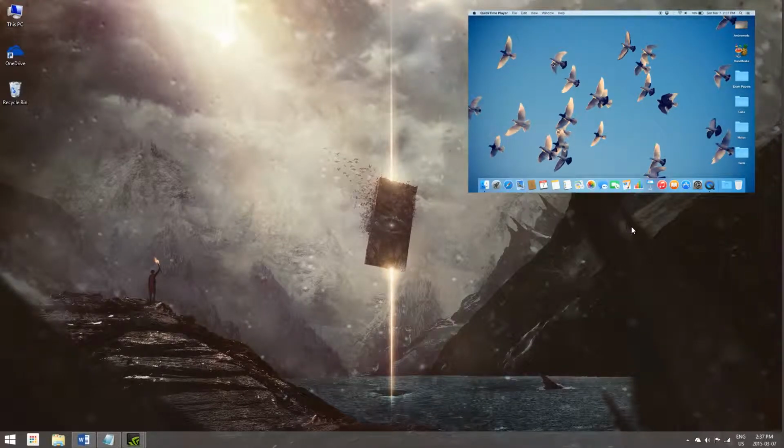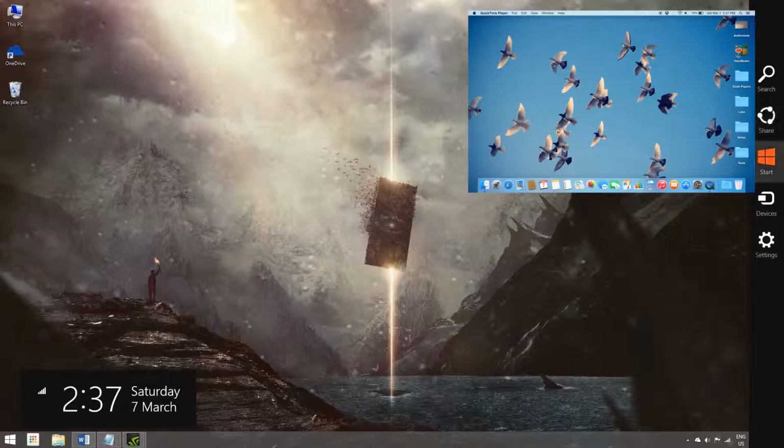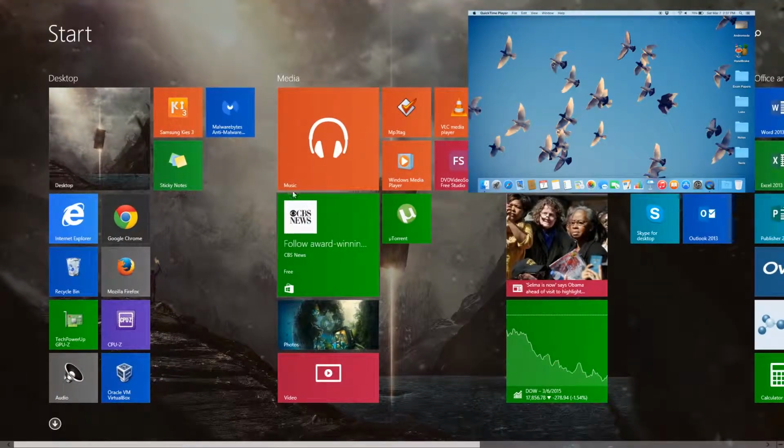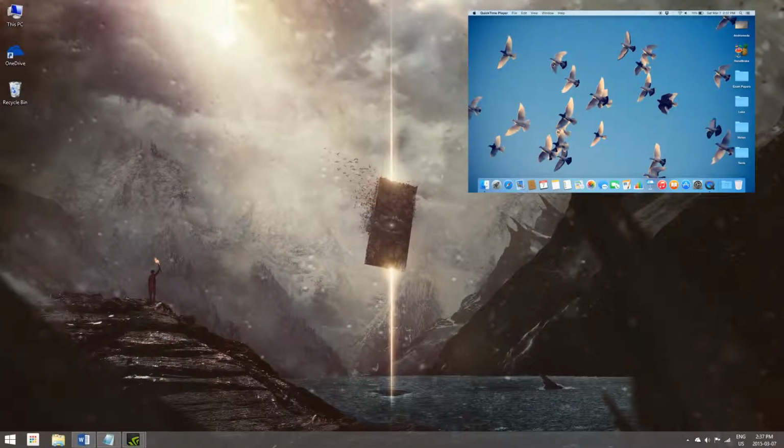You also have your charms bar, where you can access your search and share your devices. You can even go to your start screen from there. There's also your date and time and everything. And now we're gonna switch over to the